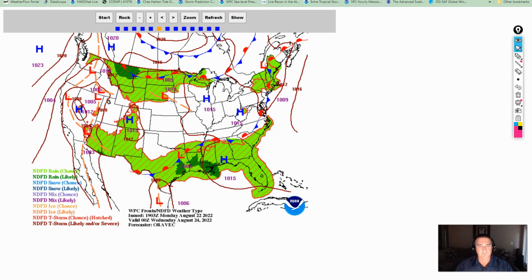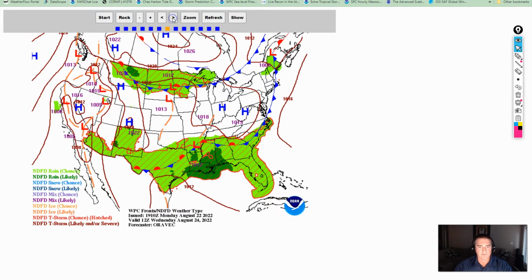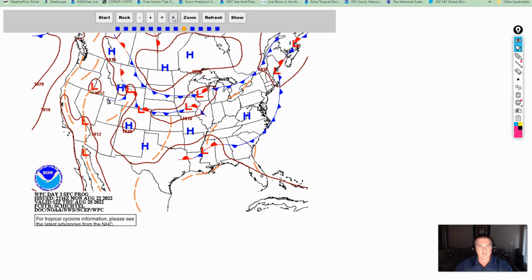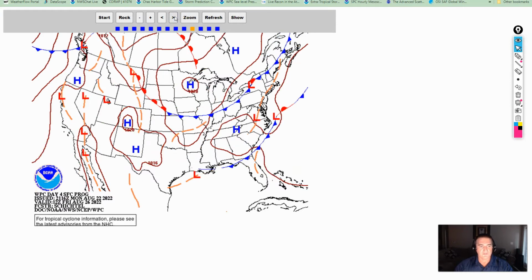Real quick, here's our surface map showing the frontal activity, the Gulf moisture pulling up across the southeast. It's just relentless. It keeps coming. And as we get into even Wednesday, the same stuck pattern with frontal activity stalled inland, also along the coastline. Then it advances as we get into Wednesday morning, backs up in the day, and as we get into Thursday, not much change. So some of those moisture graphics and the storm graphics fall off as we get into 3 or 4 days out. You can see here by Thursday, the frontal activity pushes in, and then Friday morning, we see high pressure